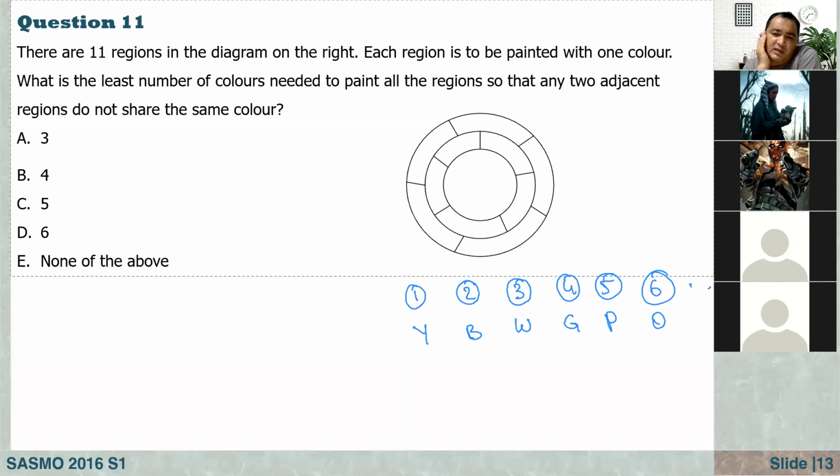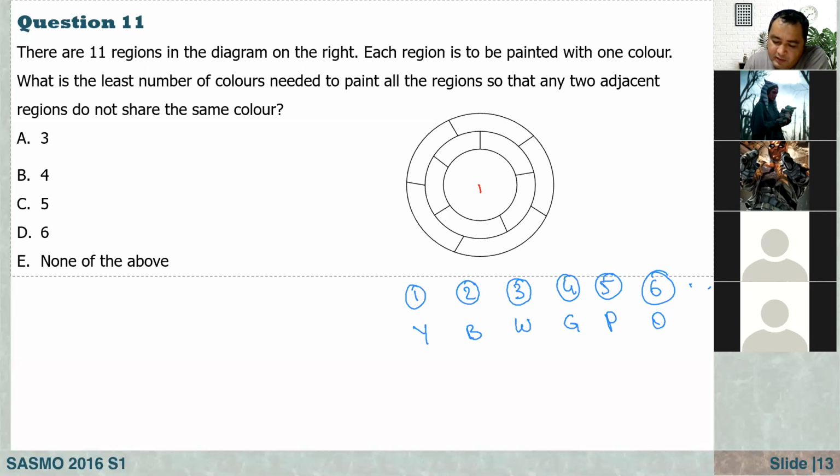And suppose that actually these colors are very expensive. The more different colors you use, let's say it costs more. So we are going to minimize our cost. Anyway, you can just make a story here. Now if I start from the middle, let me use color 1 here. Okay, that's yellow.